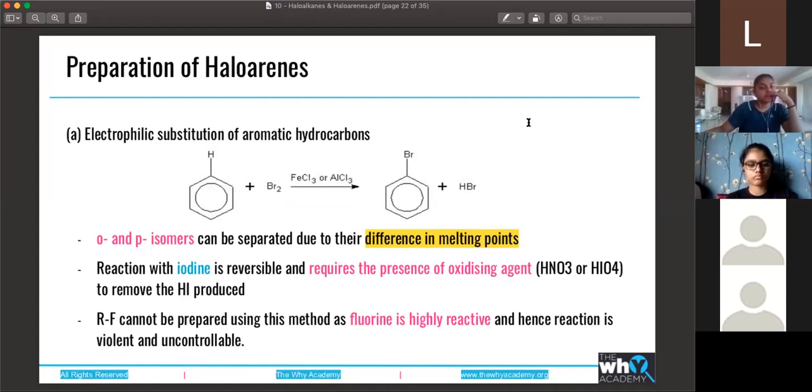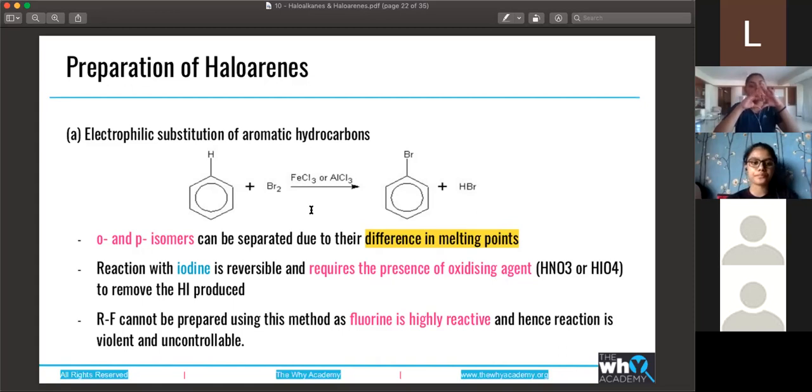You'll be sharing the PPT, right? Yes. So this is a simple electrophilic substitution. This is something you are familiar with. Do we need to remember the reaction mechanism for these preparations, or will simply the reagents do? Reagents will do. Good to remember the mechanisms just in case, basically.